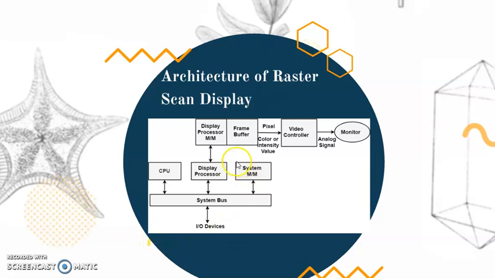What is being added to a raster scan display architecture is, when I have display processor memory out here, a special memory that is called the frame buffer. This has already been covered in my third session; you could also watch it on YouTube. So this is about the frame buffer. A raster scan display uses frame buffer memory to store pixel wise data. So that's your raster scan display.